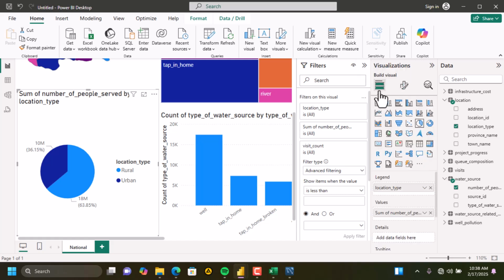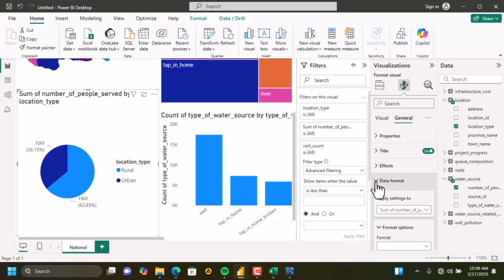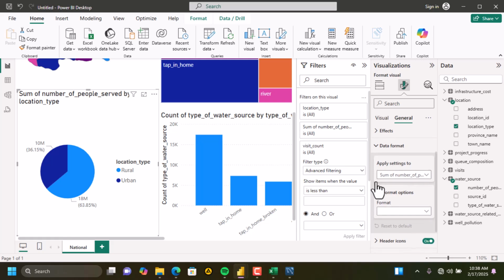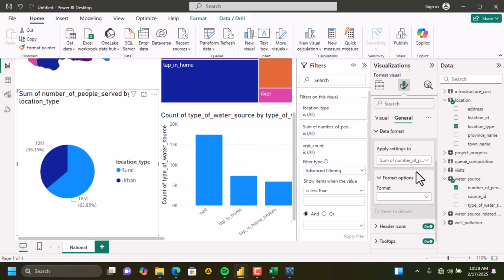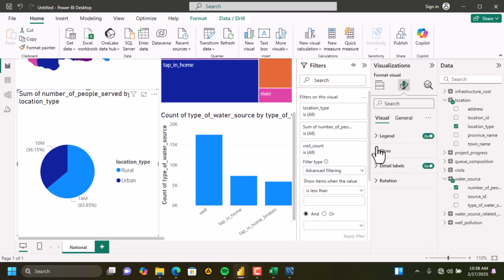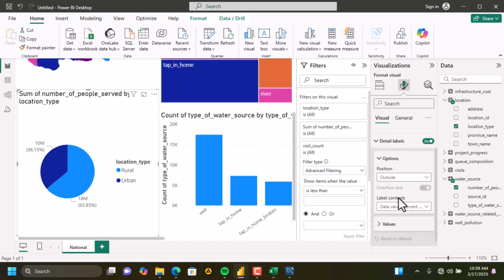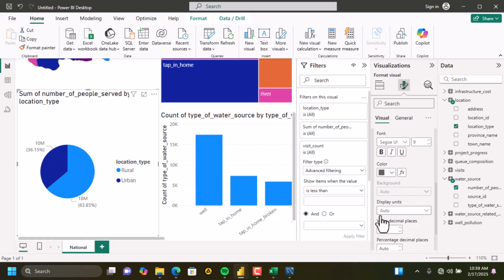Data formats. I think, no, not this one. Data labels. Good. I think here it is. So I'll go to values, and then under values, I have value decimal places. So I put it to one decimal place, and you see